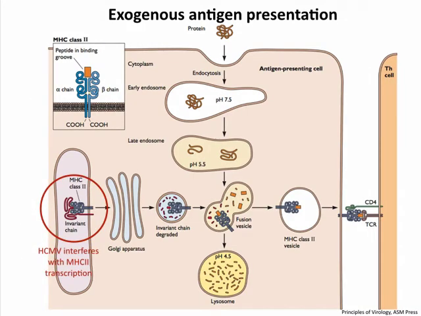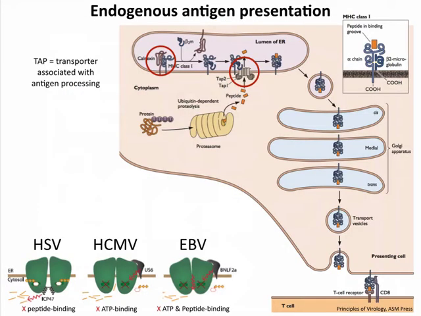Class 1 presentation, on the other hand, is inhibited at many stages by many viral proteins. So for example, these circles are showing that the actual synthesis of class 1 mRNA or protein can be inhibited by viral proteins. The movement of the class 1 through the ER can be inhibited. The transporter itself is the target for inhibitory viral proteins. The proteasome is the target of an inhibitor as well. So lots of viral inhibitors of class 1